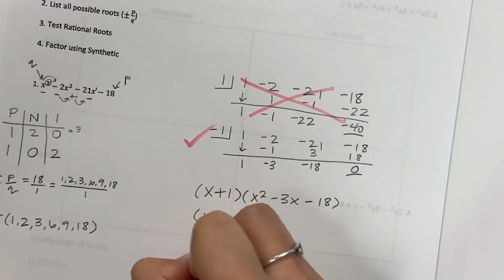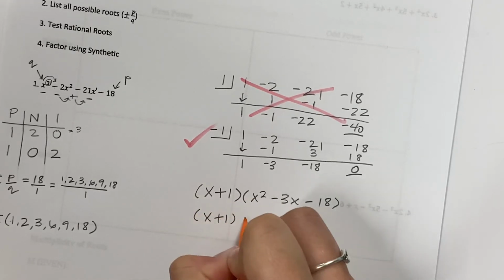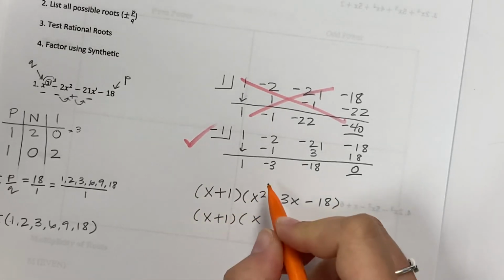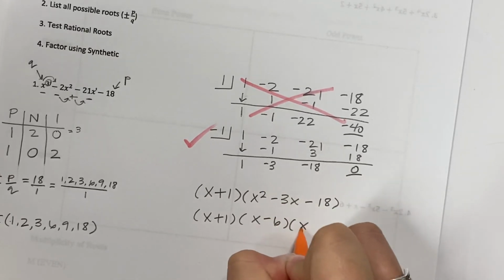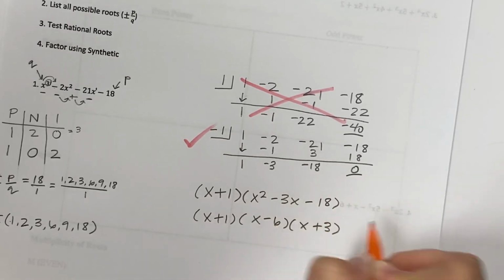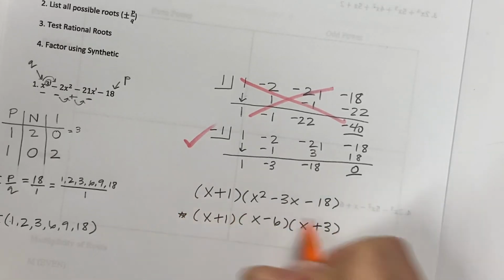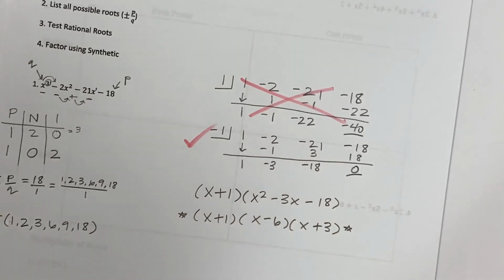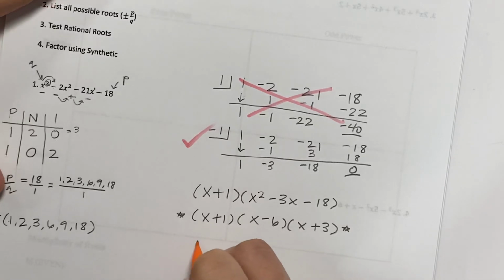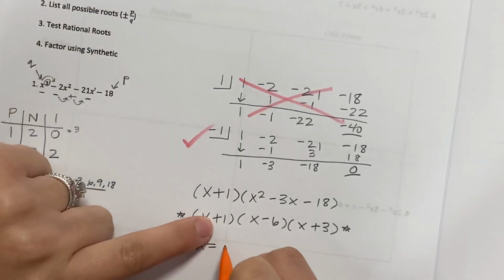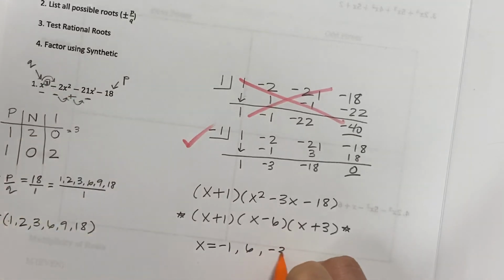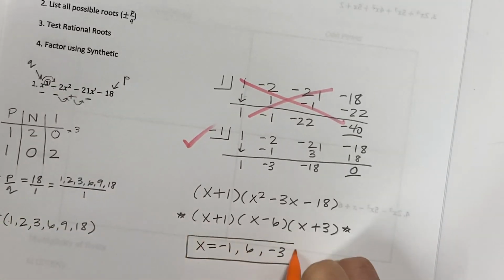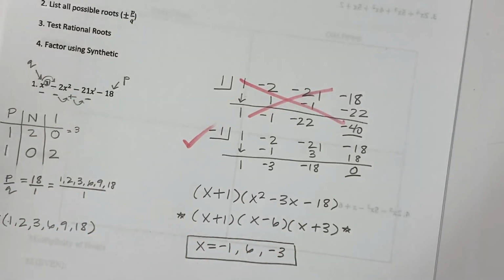So let's keep factoring. x plus 1. This will be, let's see, x minus 6, x plus 3. So here's my factored form. But my final answer, your roots, x equals, that'll be negative 1, positive 6, negative 3. The last thing you're going to want to do is check